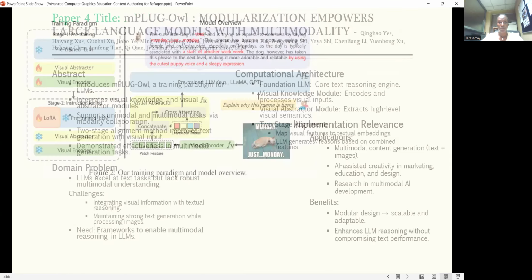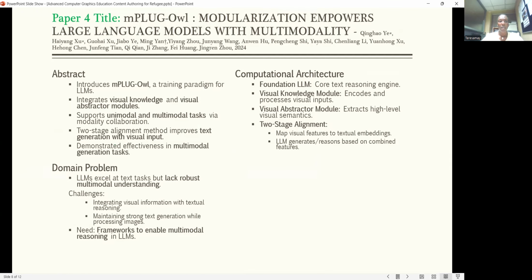The problem it solves is that most large language models are strong in text but weak in processing visuals. Its architecture adds a visual knowledge model and a vision abstractor,